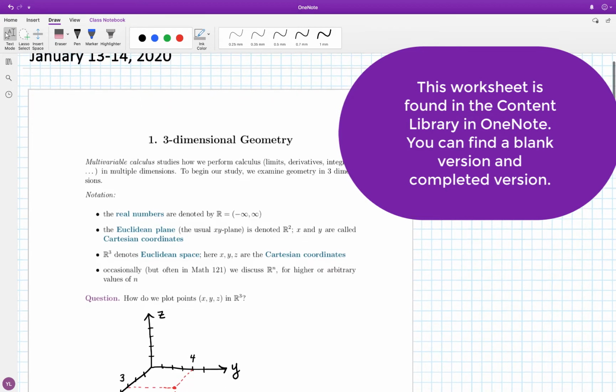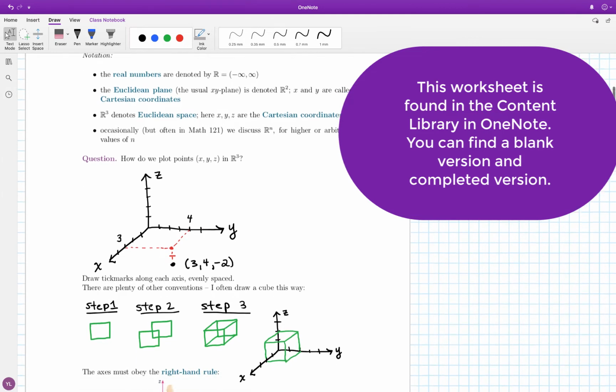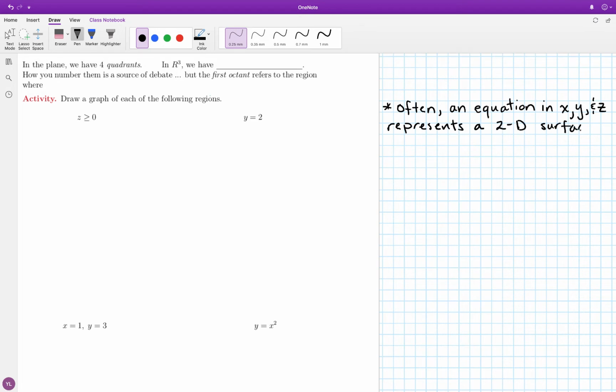So we're getting familiar with representing objects in the three-dimensional coordinate system, and I have a couple of tips and tricks I wanted to discuss for understanding and graphing equations in three dimensions. If you encounter an equation that has some or all of the variables x, y, and z, then a lot of times it represents a surface, a 2D surface in three dimensions. Not always, of course. For example, the equation x squared plus y squared plus z squared equals 0